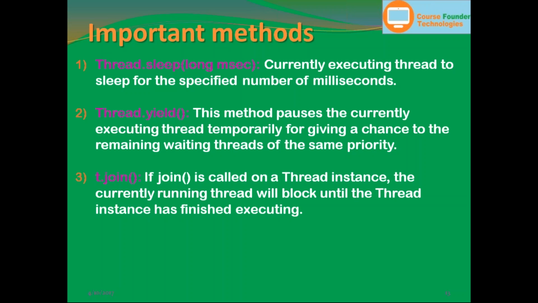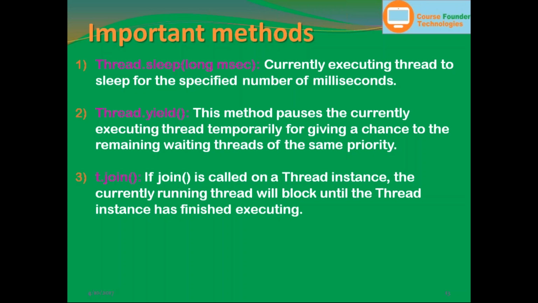Now the last important method is join. Here we are going to use join on a current thread. If you see here, t.join, and above it is Thread.yield. Here we are going to call the join method on the currently executing thread. Say for instance, you are calling a child thread from a parent thread. If you want to block the parent thread's execution, what we have to do is call